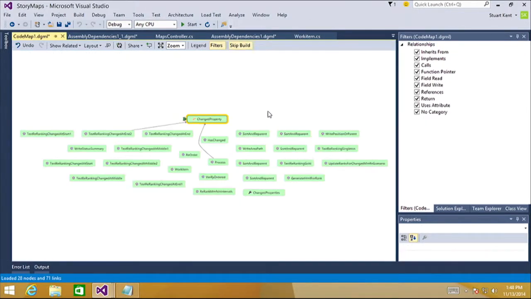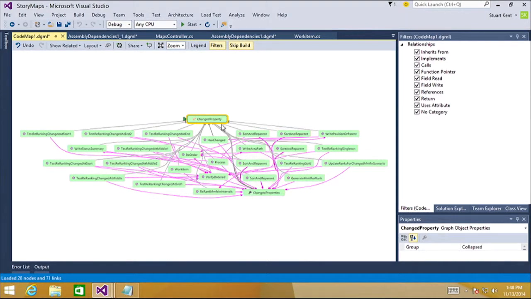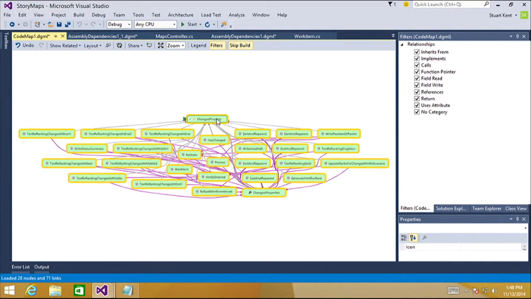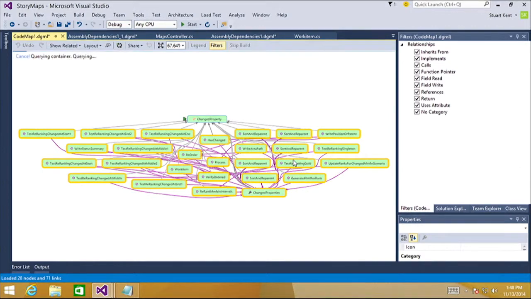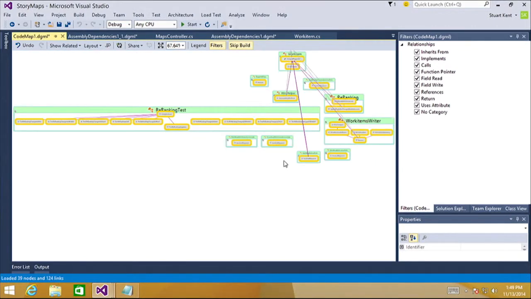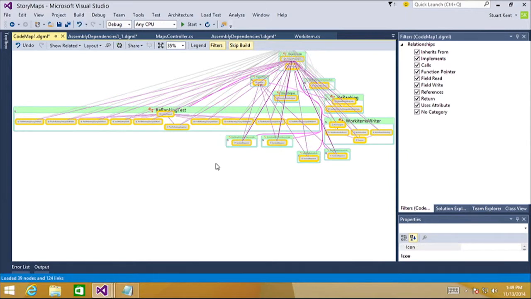Okay. Now, what you are seeing here is the member level references to this change property enum. So what I'm going to do is just select these. I'll take away the change property thing. I'll right click and you can then say show containing type. So you can now add in the context of the types, okay? So that's now put them all in type,